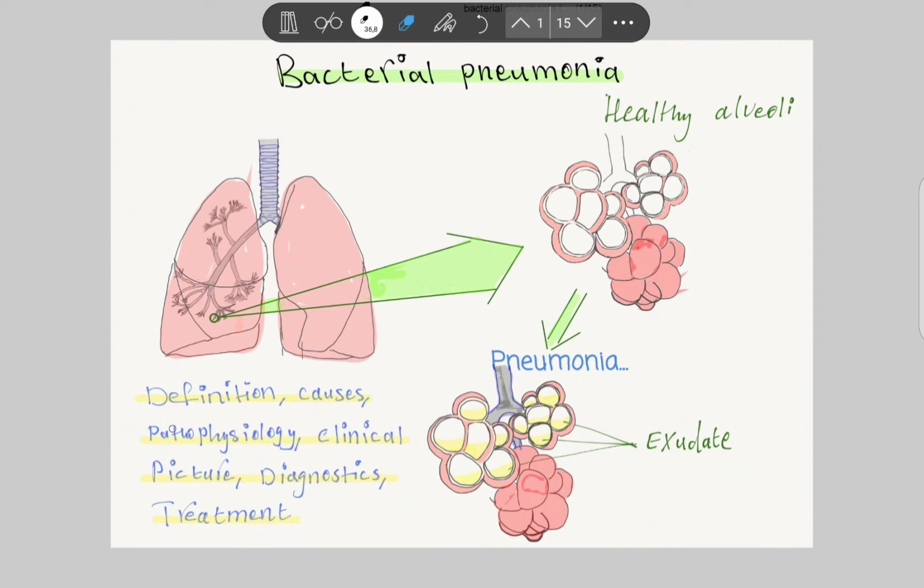I'll start firstly from epidemiology of pneumonia, and then I'll go to definition, causes, pathophysiology, clinical picture, diagnostics, and treatment